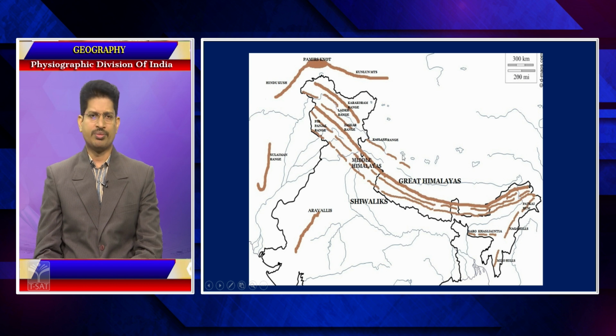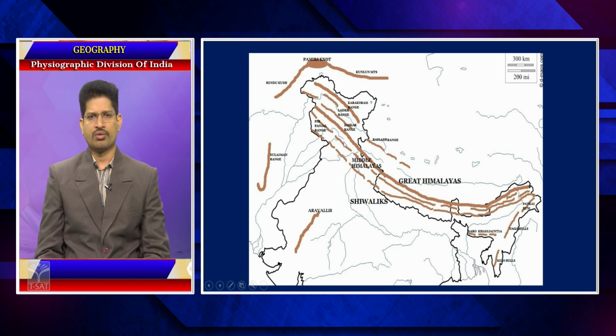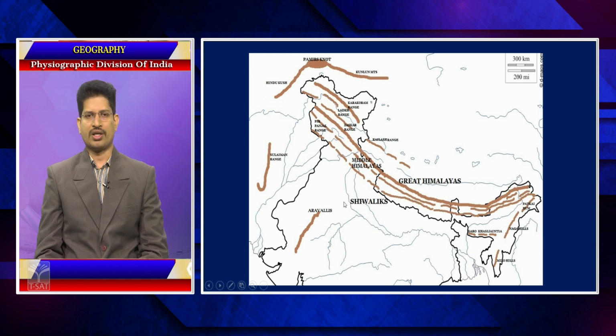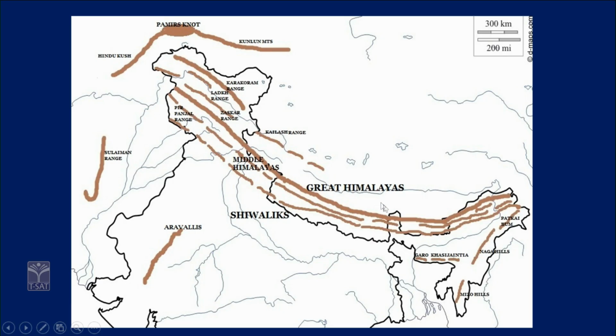For example, as has been projected to you, you have the Greater Himalayas, the highest ranges, running across. There are many ranges, especially three: the Greater Himalayas, also known as Himadris, the middle Himalayas, known as Himachals, and the lower ones, known as the Shivaliks. These are the three main ranges running from northwest to southeast in orientation. There are certain fracture zones or suture zones between these mountain ranges.